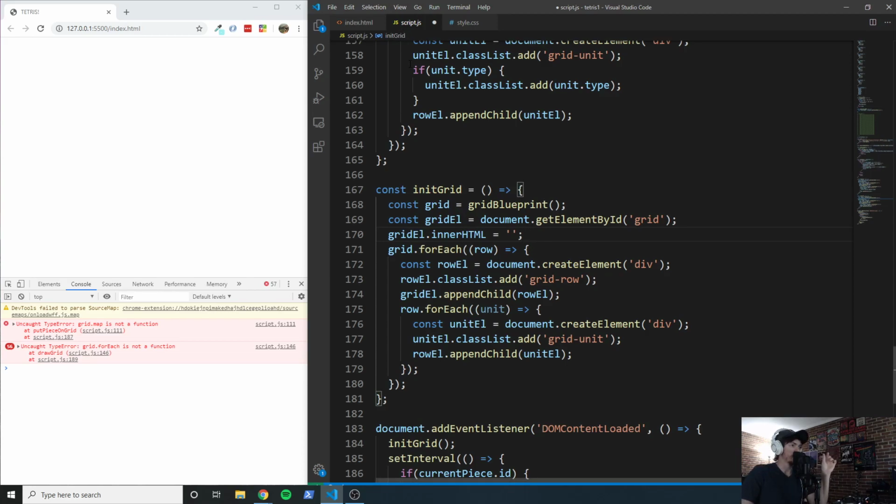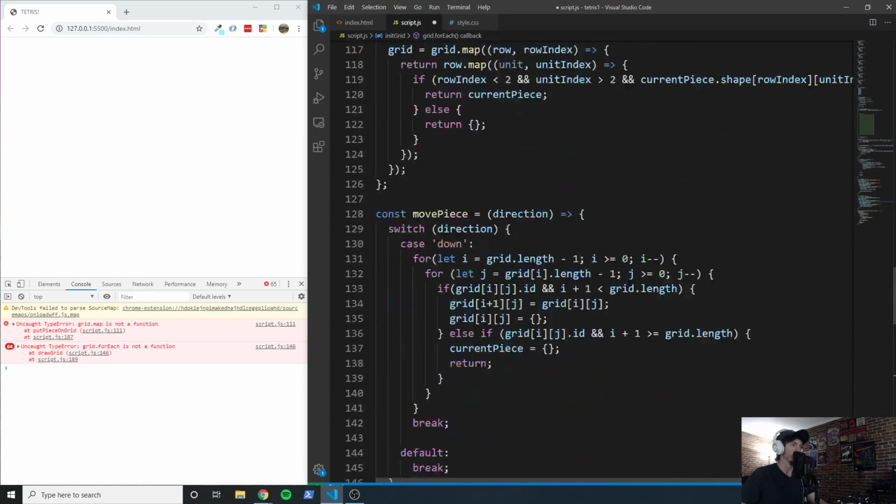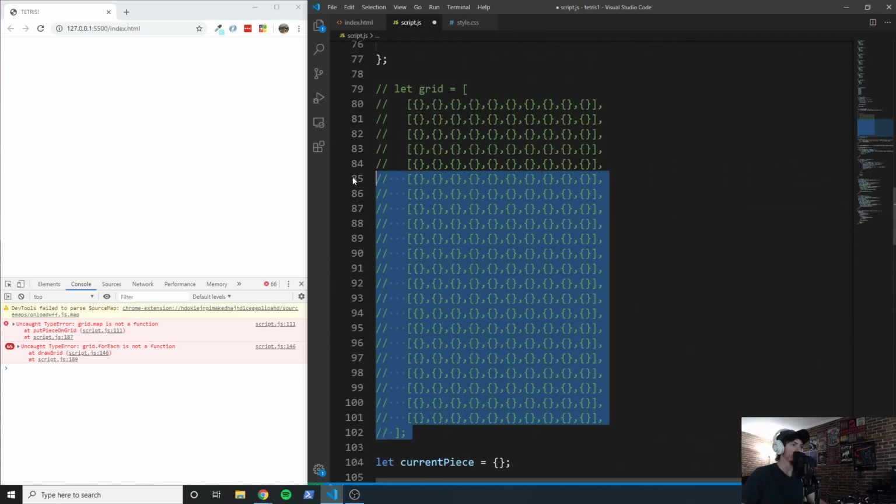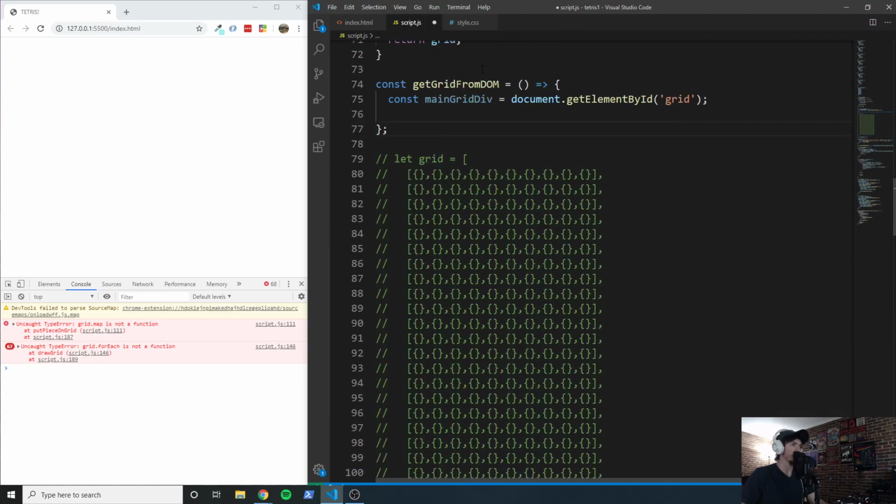We have a top level grid div, and inside of that we have rows, divs with the class name row, and inside of that we have units with the class name unit, grid unit and grid row. So what I need to do is translate that over to this sort of logic, but using a